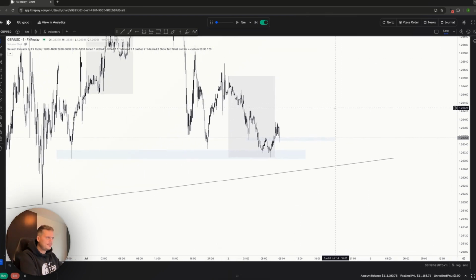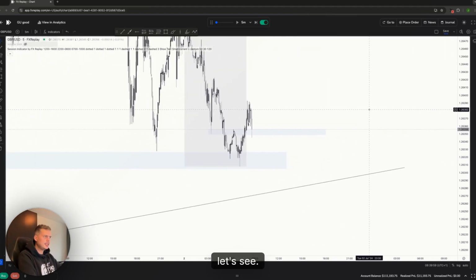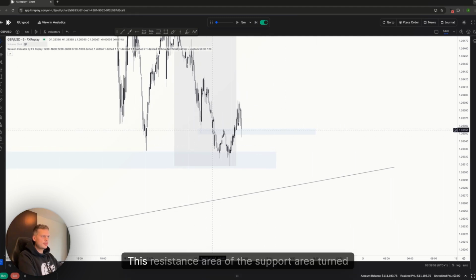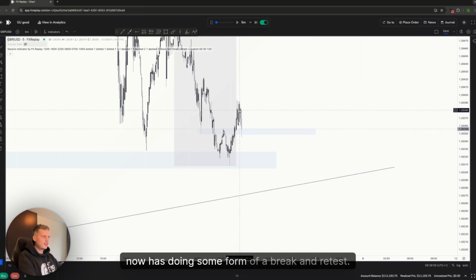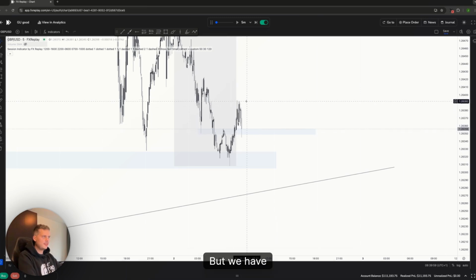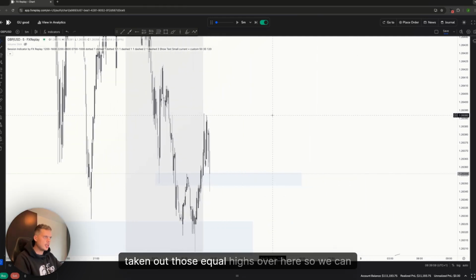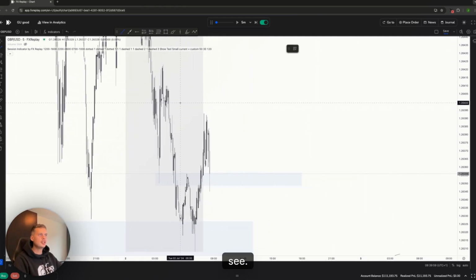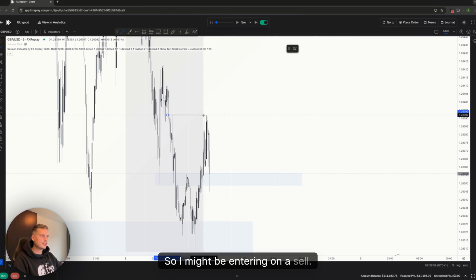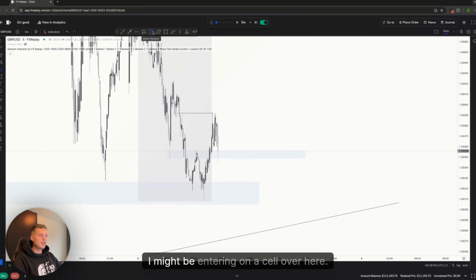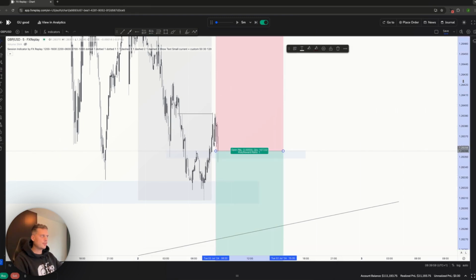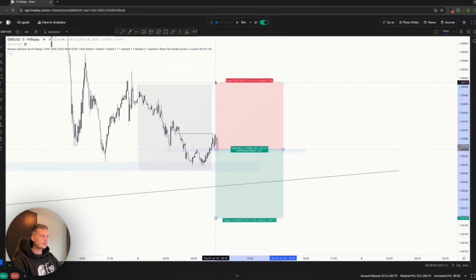All right. Let's see. Look, this support area turned into a resistance area. Now it's doing some form of a break and retest, but we have taken out those equal highs over here, as we can see. So I might be entering on a sell. I might be entering on a sell over here. Why? Well, simple